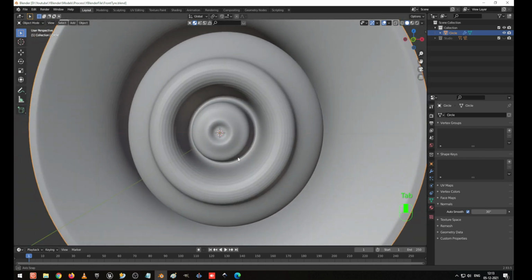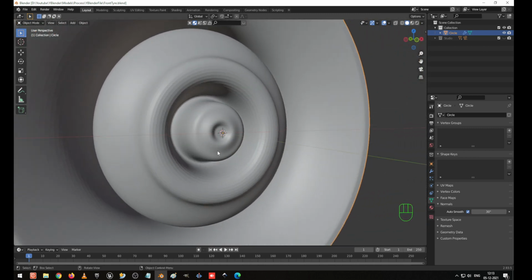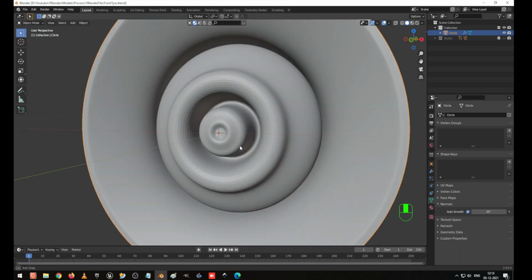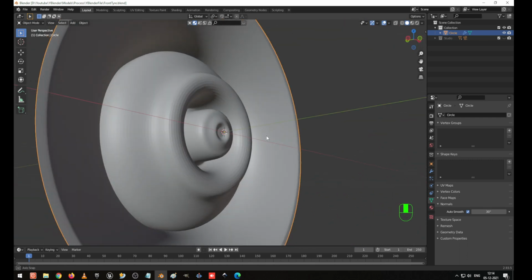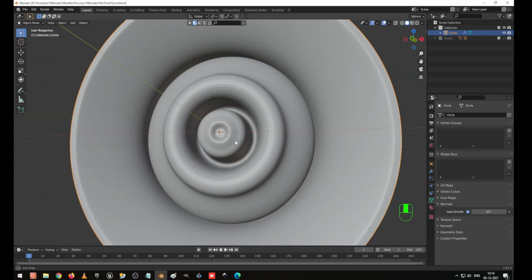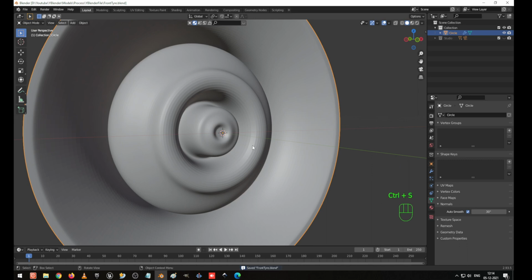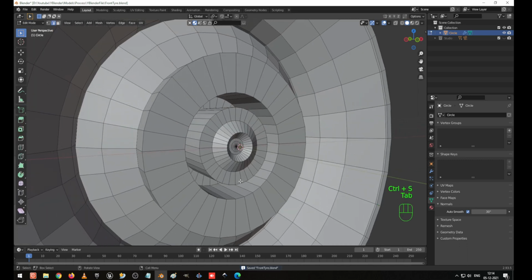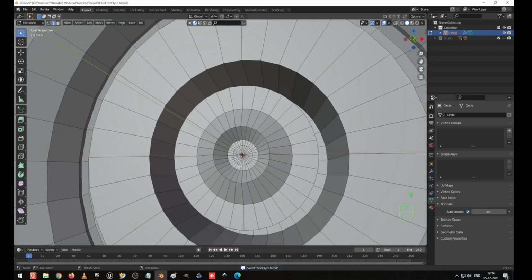So we have the shape ready, what is required for us, but here you can see in smooth mode that everything is not looking correct. So we are going to do the next step. I press 2 on the keyboard, select these edges, select this one,